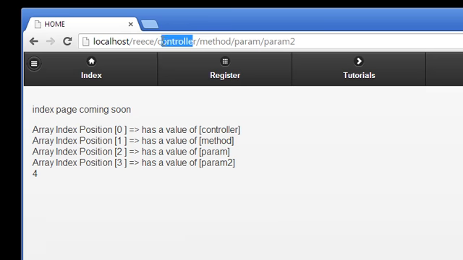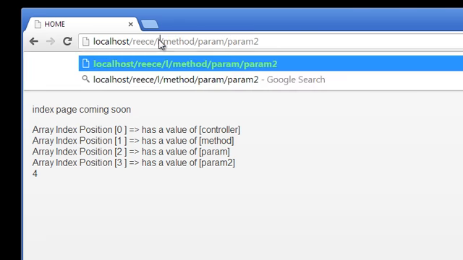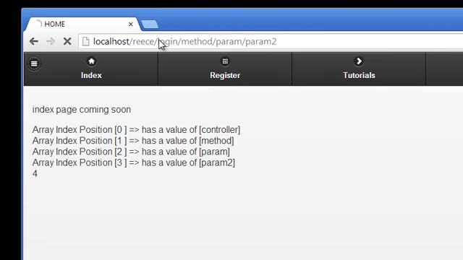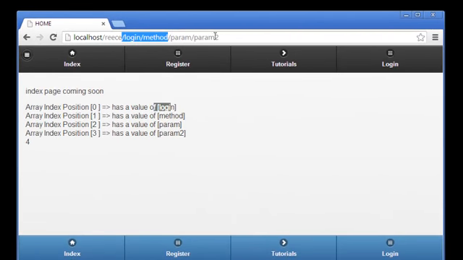So this is how we can create our controllers. Anything we put there now becomes our controller. And that takes position 0. Then a method in the controller and parameters in that method which is in the controller. That's the relationship between those links now and our